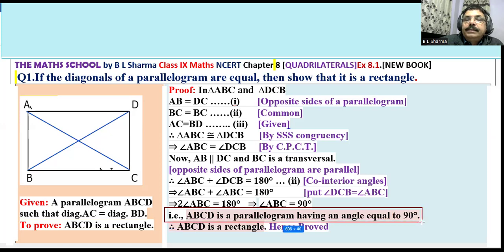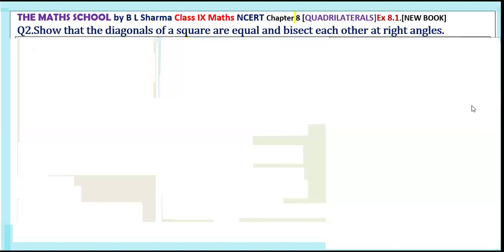Keep this thing in your mind. Show that the diagonals of a square are equal and bisect each other at right angles. हमें यह प्रूव करना है कि किसी भी स्क्वायर के डायगोनल्स इक्वल भी होंगे और बाइसेक्ट भी करेंगे। इसके लिए हमें एक फिगर ड्रॉ करना होगा।